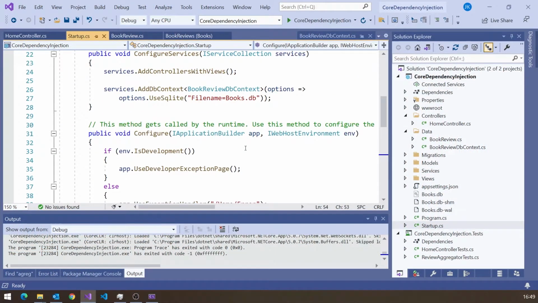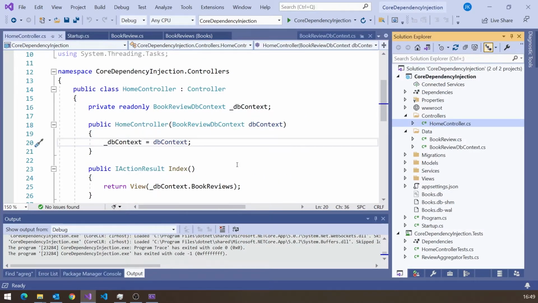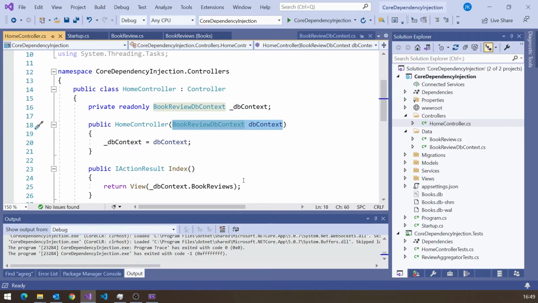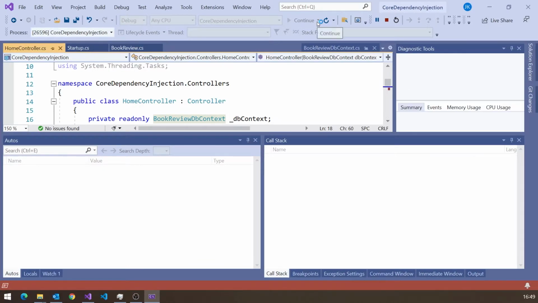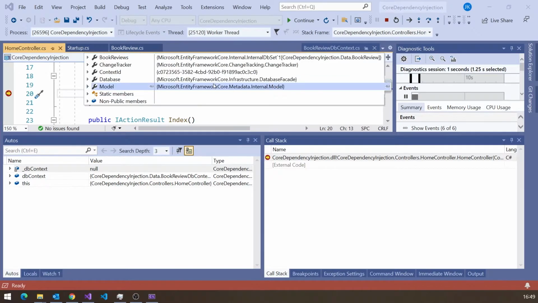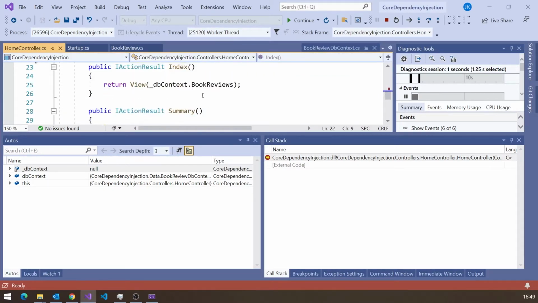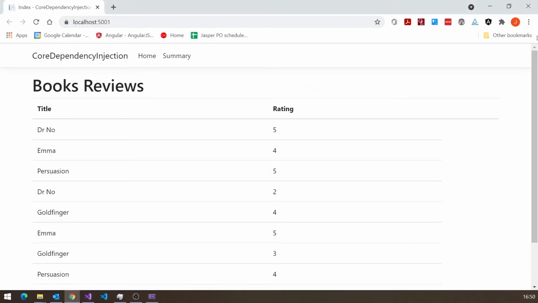And so we can see what happens. We've done the configuration in startup by adding that context, and then whenever we create a controller, if we want to use the context, we just pass it in as a parameter and it will get passed in. So if I put a break in there and run it up, we can see that when it hits that breakpoint, we can't see where that's been called from. We've just got external code. It's somewhere inside the system, but it's provided us with a valid DB context, and from that we can do things like get the book reviews in this case and display the results. So that's our first encounter really when we use it with a DB context.